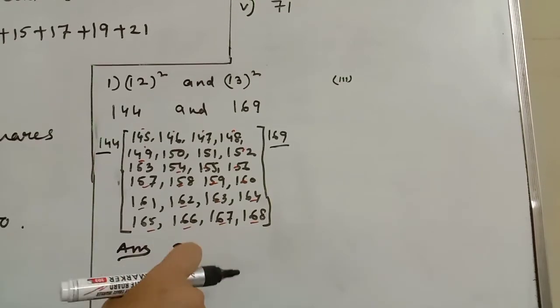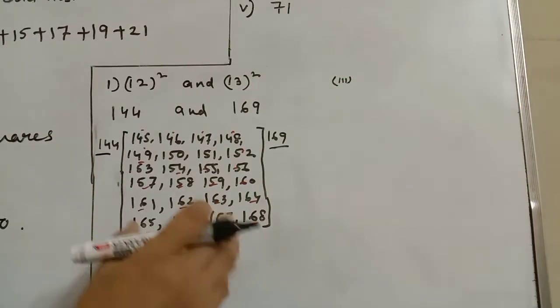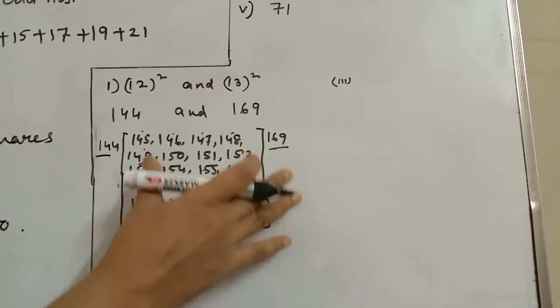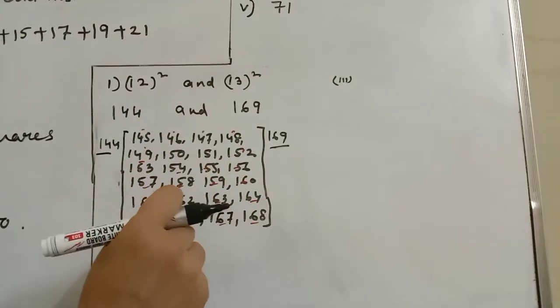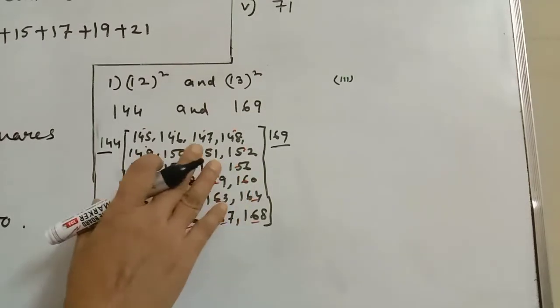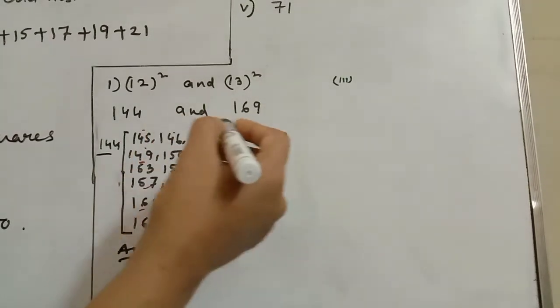What will we do? We can do a shortcut way also. What is that shortcut way? No need to do it in this long way. It is just for explanation. I have shown it as an explanation. No need to do this. We can do it in another way also. So what can you do now?